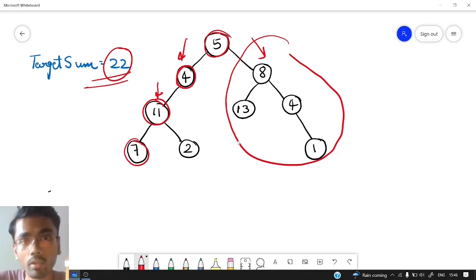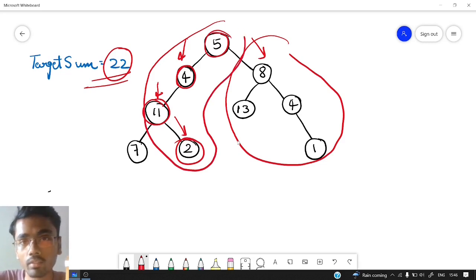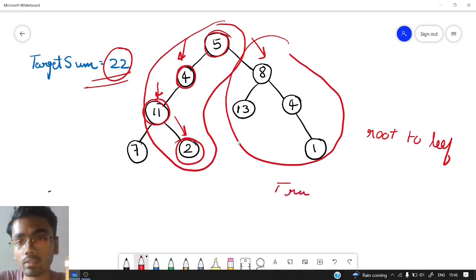The sum of all elements we have already seen is not equal to the target sum. So we will backtrack and now go to the right child, and 2. And this is the valid path we have already discussed a few minutes ago. Since this root to leaf path is matching our target sum, it is a valid path, and we will return true from here.